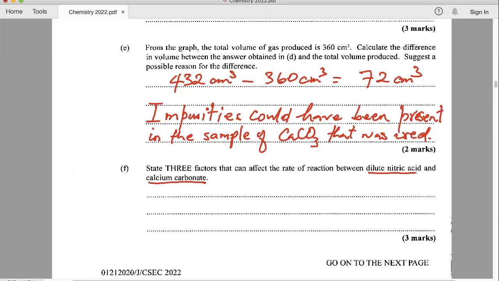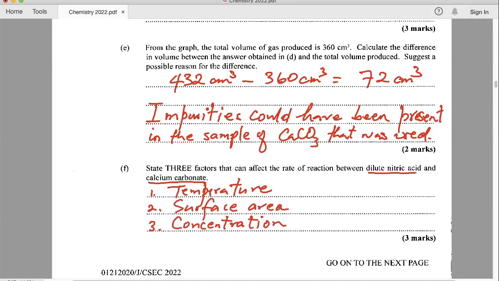So of course, temperature is one. Pressure does not apply here. So temperature is one, surface area is another, and we could have concentration. Of course, the concentration of the nitric acid in this case. And that would give us 3